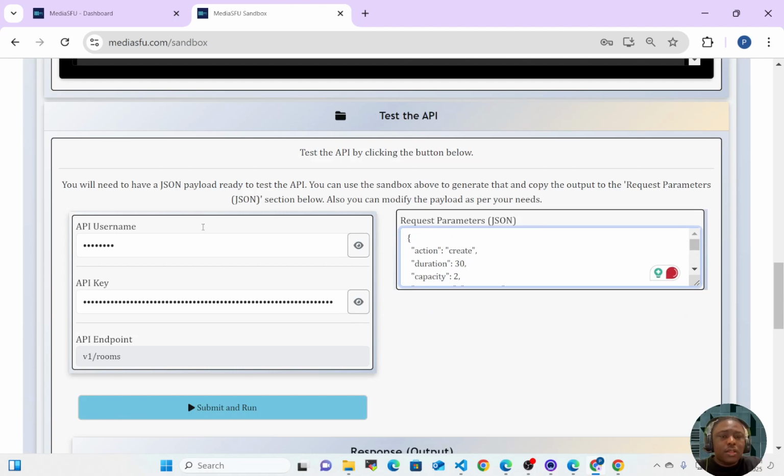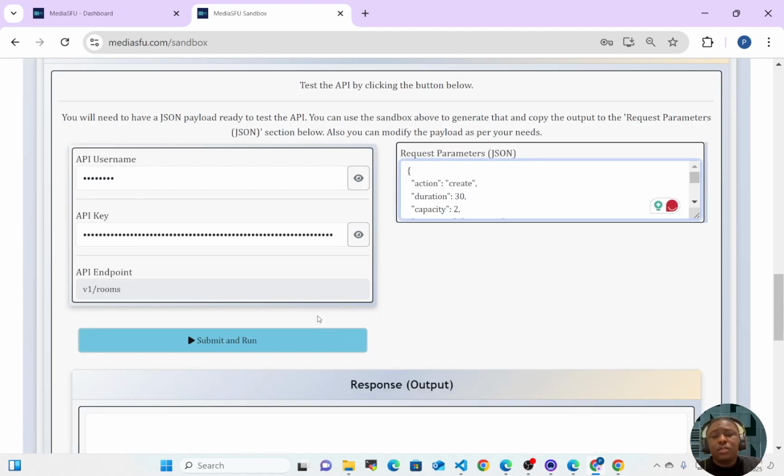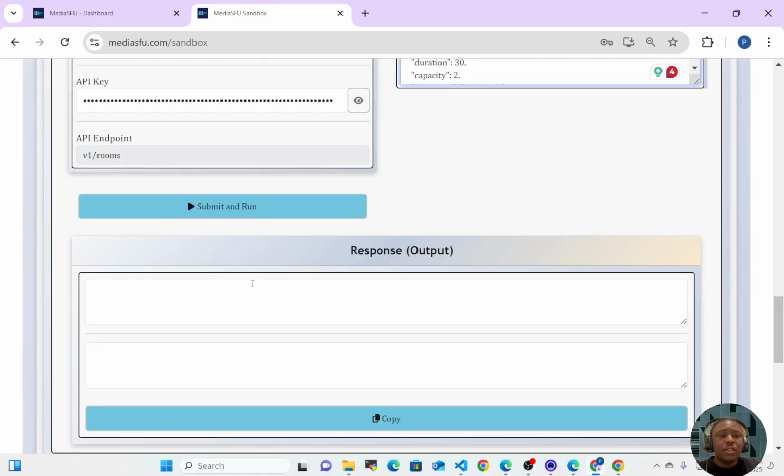and I paste this in here, and I run it. If you are not signed in, you would get the option to sign in to run. You need to sign in to run. So if you're not signed in, you have a login to run. So if I run this,